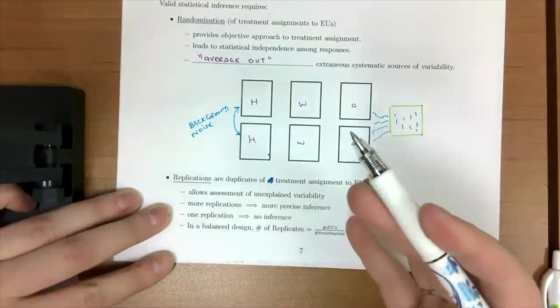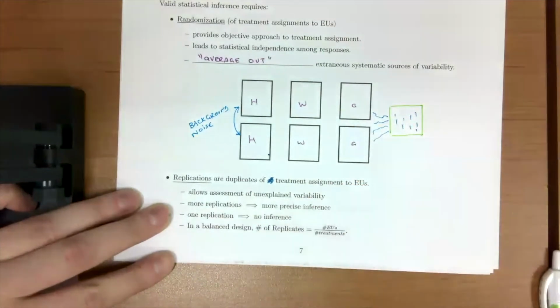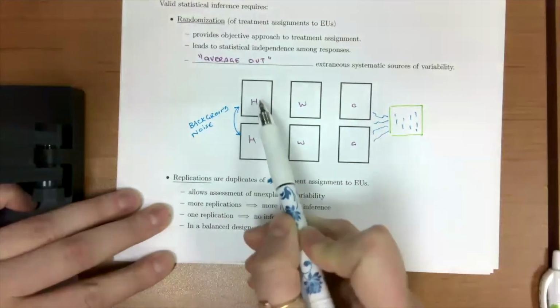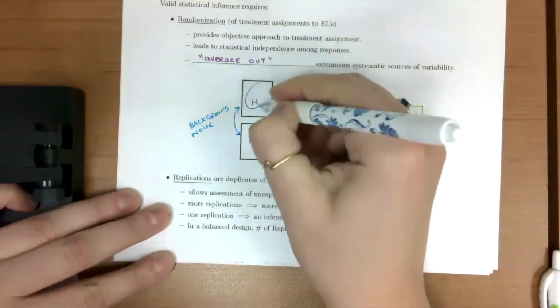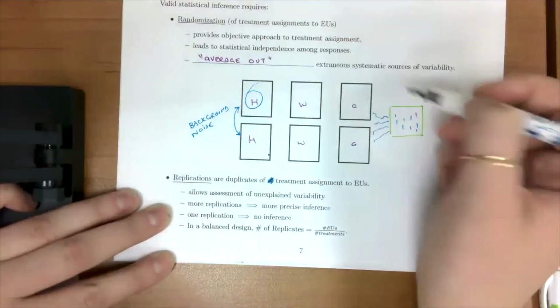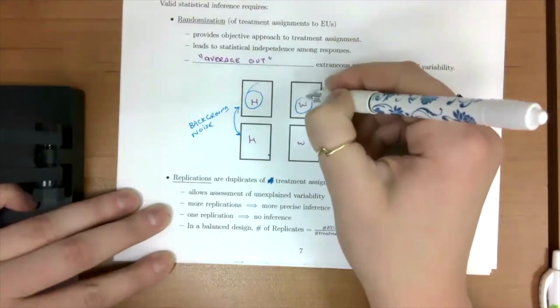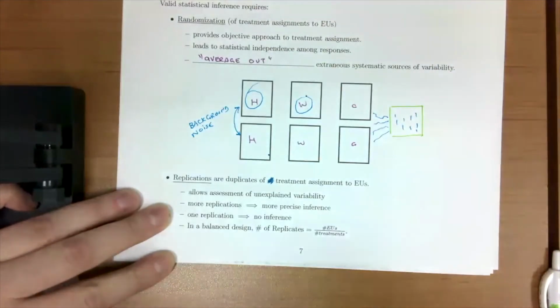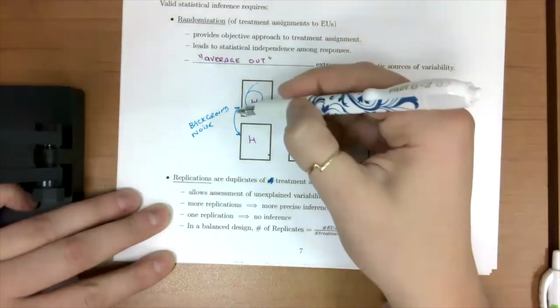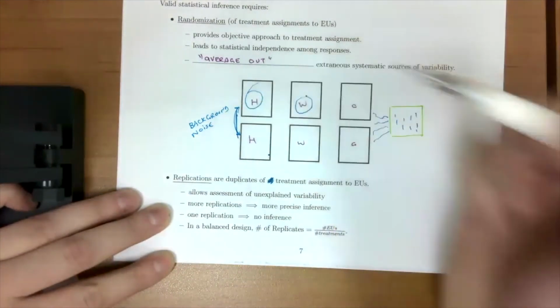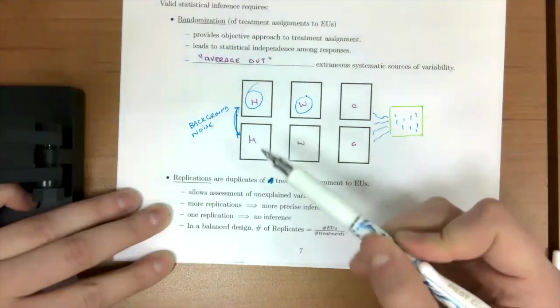What we want to see is whether there's enough difference between this hot container and the warm one that is above and beyond the difference that's just background noise between the hot